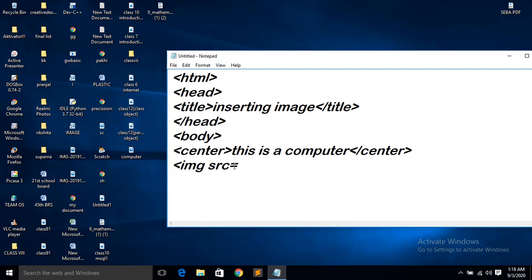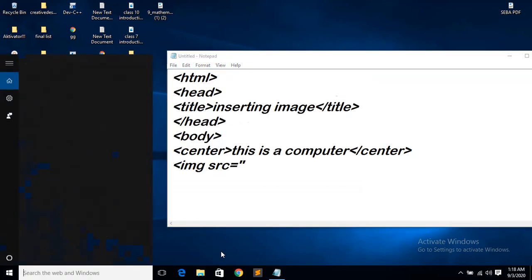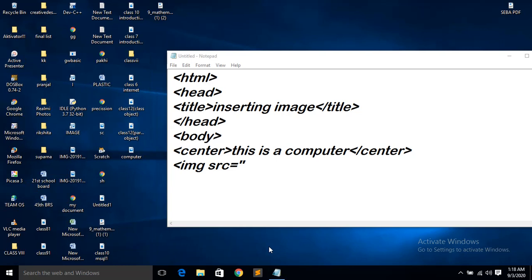Now equal to, you have to give the attribute value, that is the file name of your image. Now you have to use the image which is there in your system. You have to find which image file is there in your system, or else you can download the picture from the internet to your system.